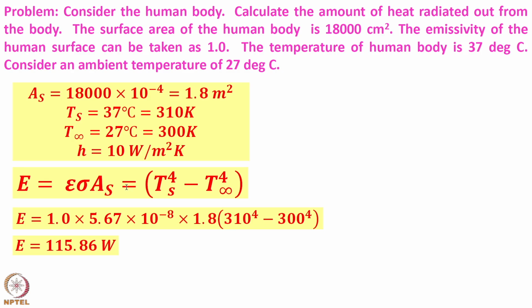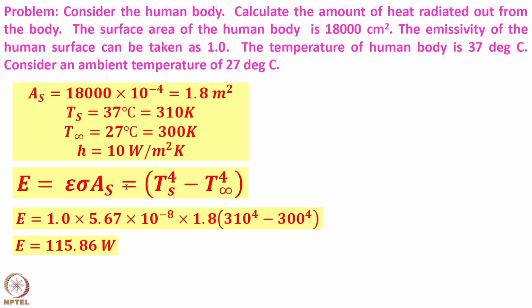A very, very important point from this example is that whenever radiation is there, natural convection contributes almost equally. Therefore, you shouldn't be neglecting natural convection, especially when you have radiation problems. When you have radiation problems, natural convection heat transfer may account for about an equal amount of energy transfer